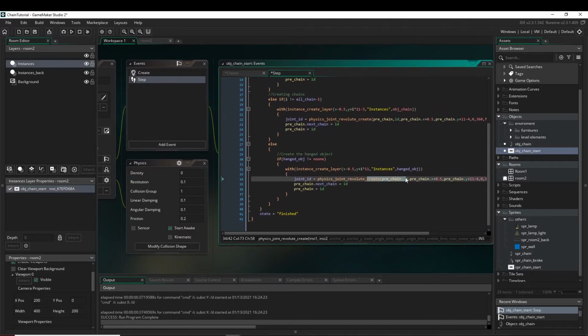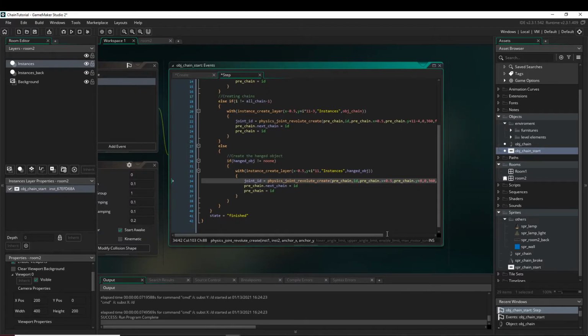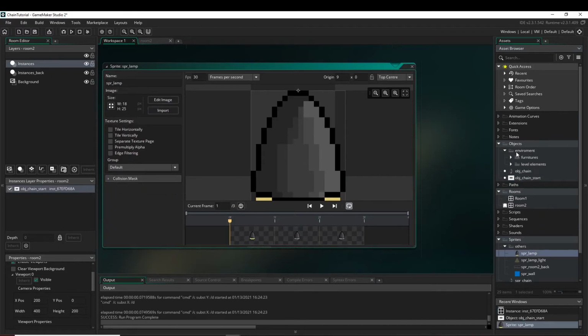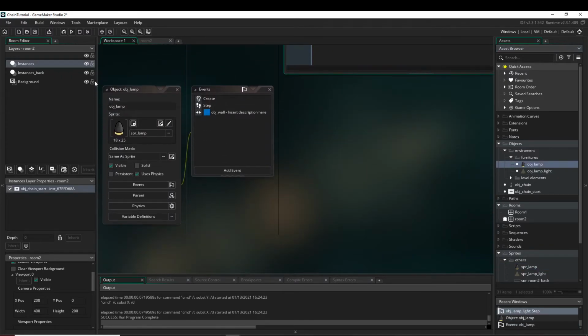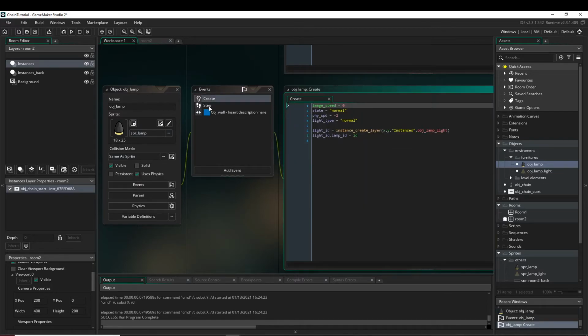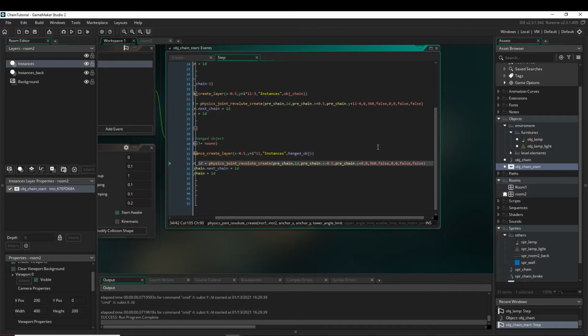Okay, we make the joint, but now we just type +8 for the y position and minus 0.5. Of course, you have to check the physics for the hinged object. With the lamp, you will need -6 for the y position,